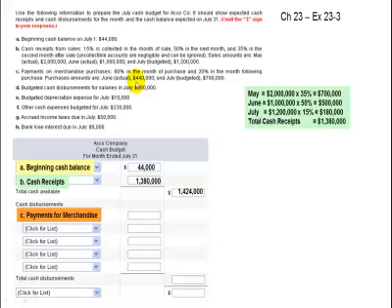So we have June purchases of $440,000, and you pay 80% of that in the month of June and 20% a month after, which is July. So of these purchases, only 20% will require cash in July,